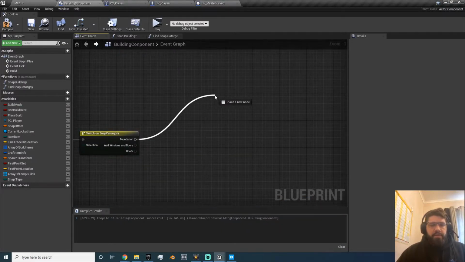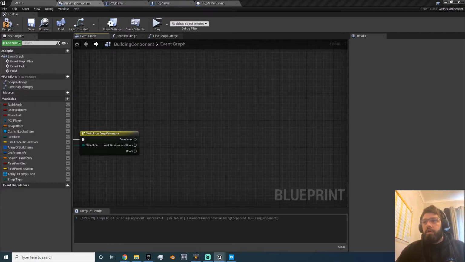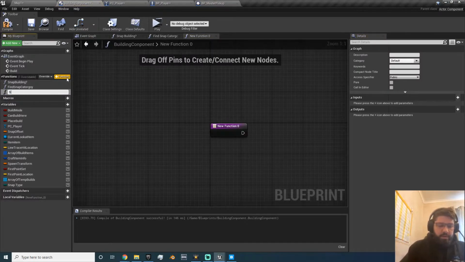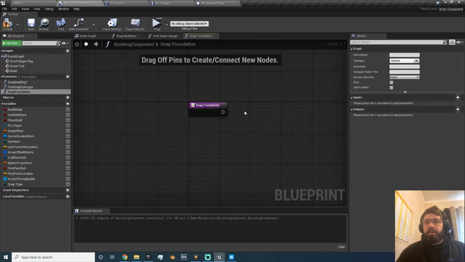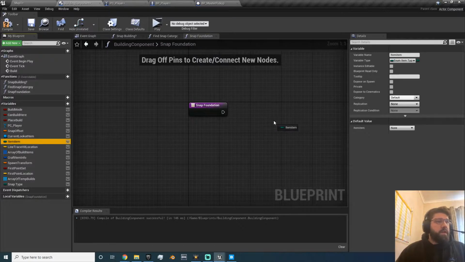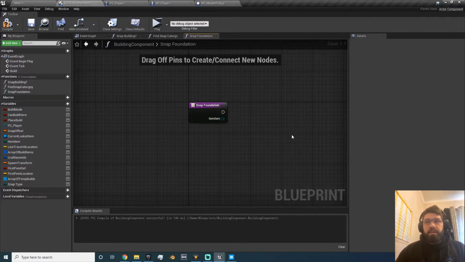So the foundation snap, right, the juicy bit of the video. So I've done this in a function. So new function, and this is going to be snap foundation, and this is going to want the item type. So if you're dragging a set, and then you can just drag off of here, plug that in, saves typing, then you can delete that. I also need the current